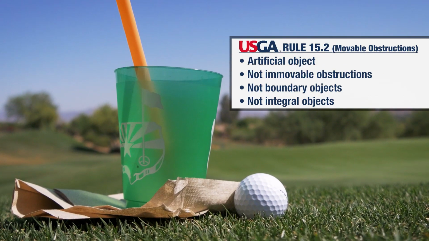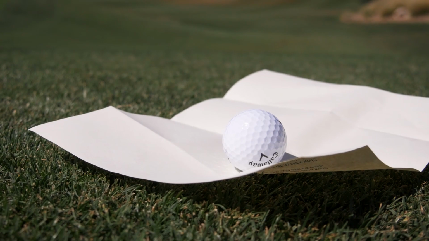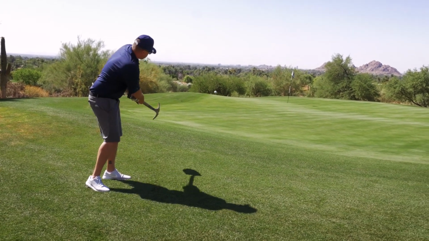Where loose impediments are natural objects, movable obstructions are artificial. A piece of paper, a glass, a cup, anything artificial is an obstruction. If it's easily movable, it's a movable obstruction. Simple definition. It's important to know the difference between loose impediments and movable obstructions because what you do next can